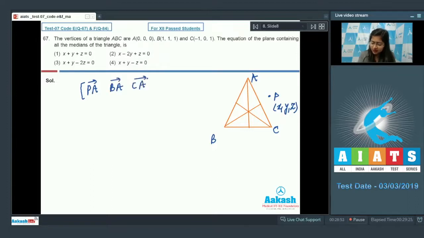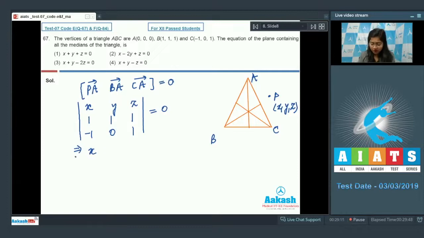BA and CA will be equal to 0. That is, we can say that the determinant of PA, that will be X, Y, Z, BA vector will be 1, 1, 1 and CA vector will be minus 1, 0, 1. This determinant will be equal to 0, right? So, solving this, we will get X into 1 minus 0, that is 1, plus Y into minus 1 minus 1, that is minus 2, plus Z into 1 into 0, that is 0 plus 1, that is 1